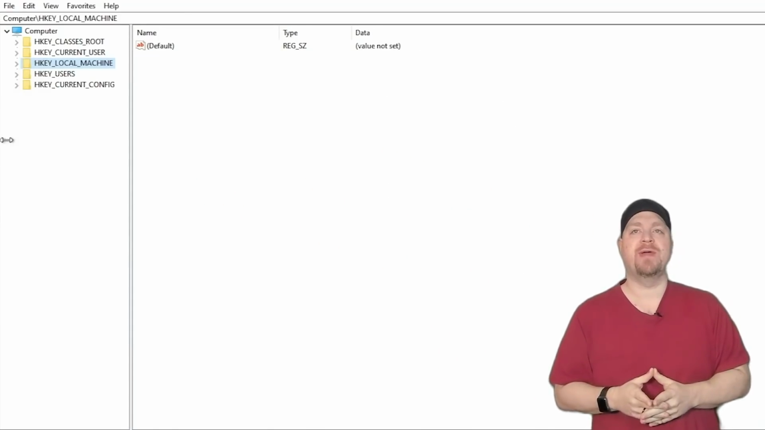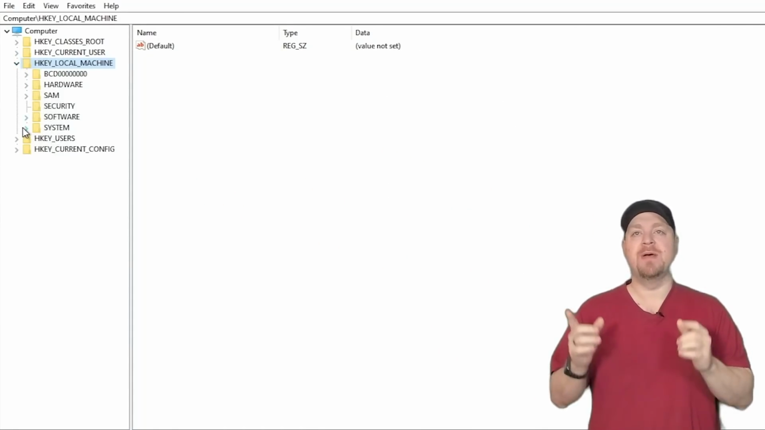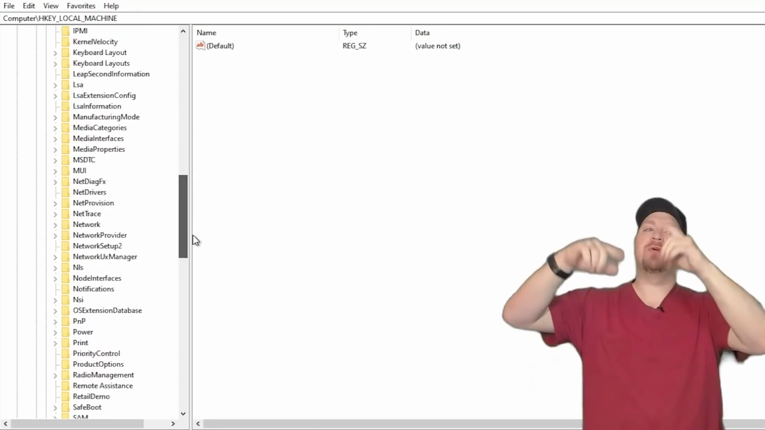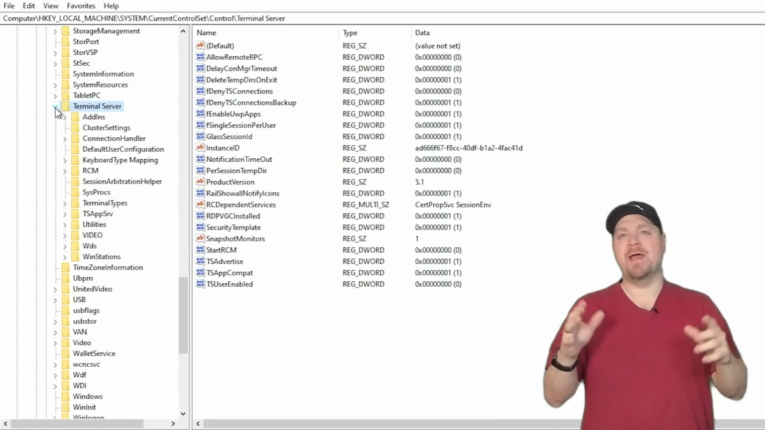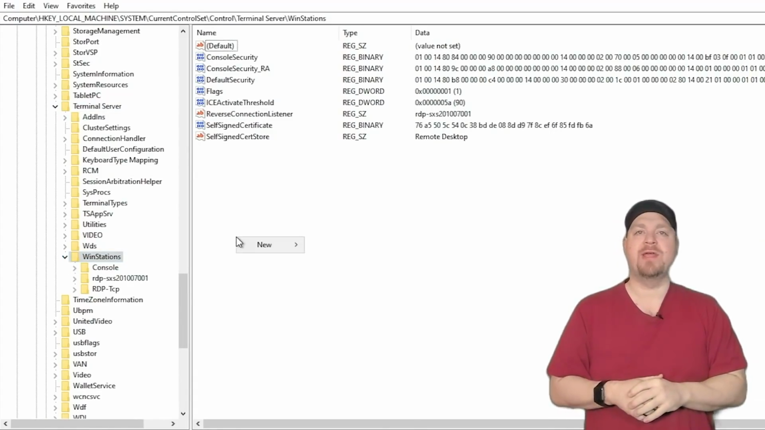So there's several ways that you could get this set up, and I'm going to show you how to do this for a test machine right now by editing the registry directly. So here in the Windows registry, we're going to go into HKEY_LOCAL_MACHINE and then go into SYSTEM, CurrentControlSet, Control, and then we're going to scroll all the way down until we get to Terminal Server, and inside Terminal Server, we'll go to WinStations and then right click over here, and we're going to add a